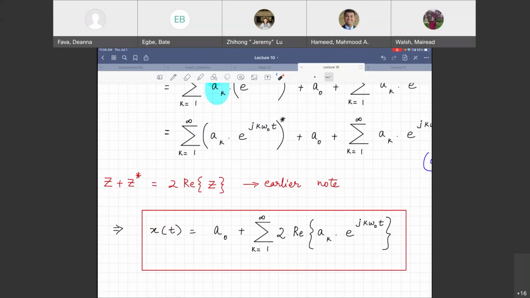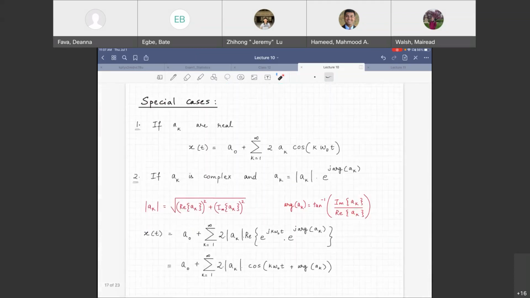Because when you take this, what is this? This is cosine k omega naught t plus j sine k omega naught t. So when you take ak multiplied with this guy and take the real part, you will either be left with cosine or sine or both. The coefficients of those will be your trigonometric Fourier series coefficients, Bk and Ck. You see that? But for this guy, it's going to be the same as a sub 0. You guys see how to evaluate trig Fourier series? Find exponential Fourier series, plug it in this, simplify, compare coefficients of sine and cosine terms.